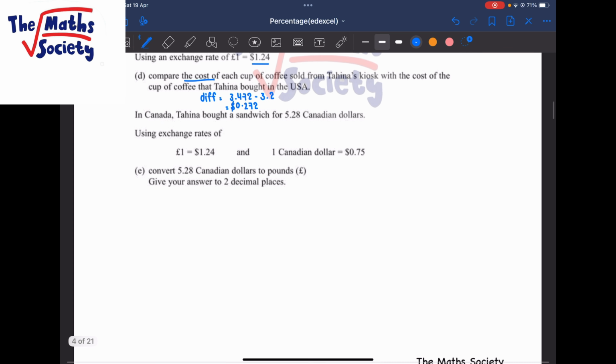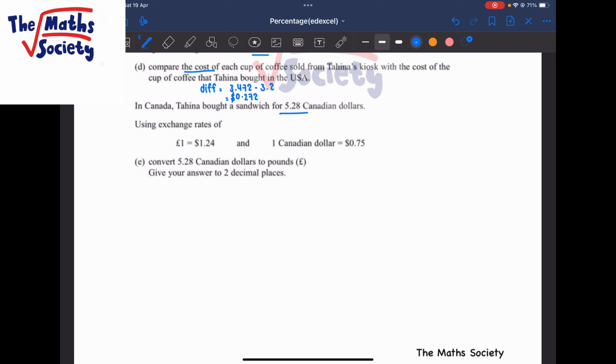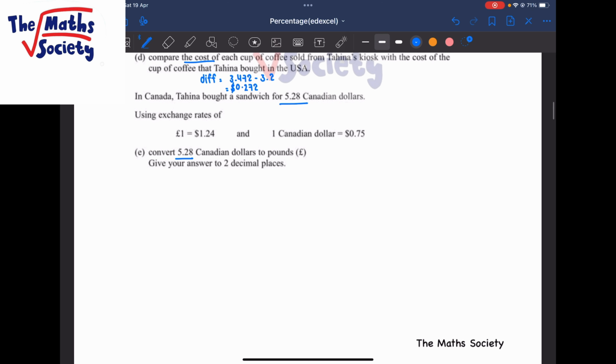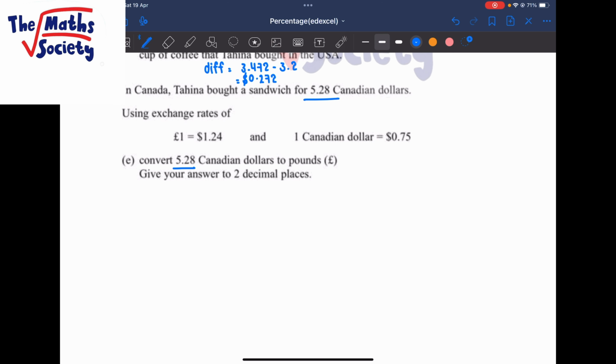It says that in Canada, Tahina bought a sandwich for 5.28 Canadian dollars. Using exchange rate of £1 equal to 1.24, 1 Canadian equals to $0.75. Convert 5.28 Canadian dollars to pound. And you have to put them into 2 decimal places. So we know that 5.28 Canadian dollars is pound, and we know that 1 Canadian dollar is 0.75. So what we're going to do is 5.28